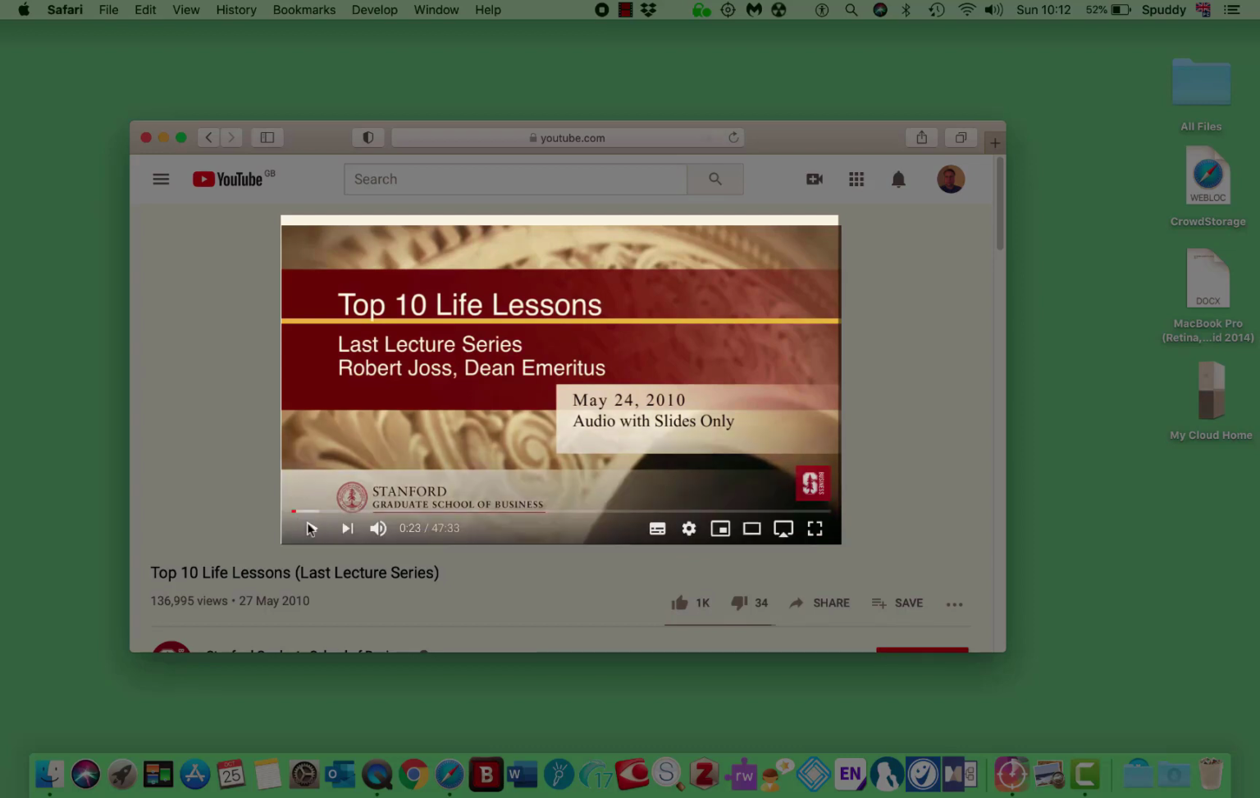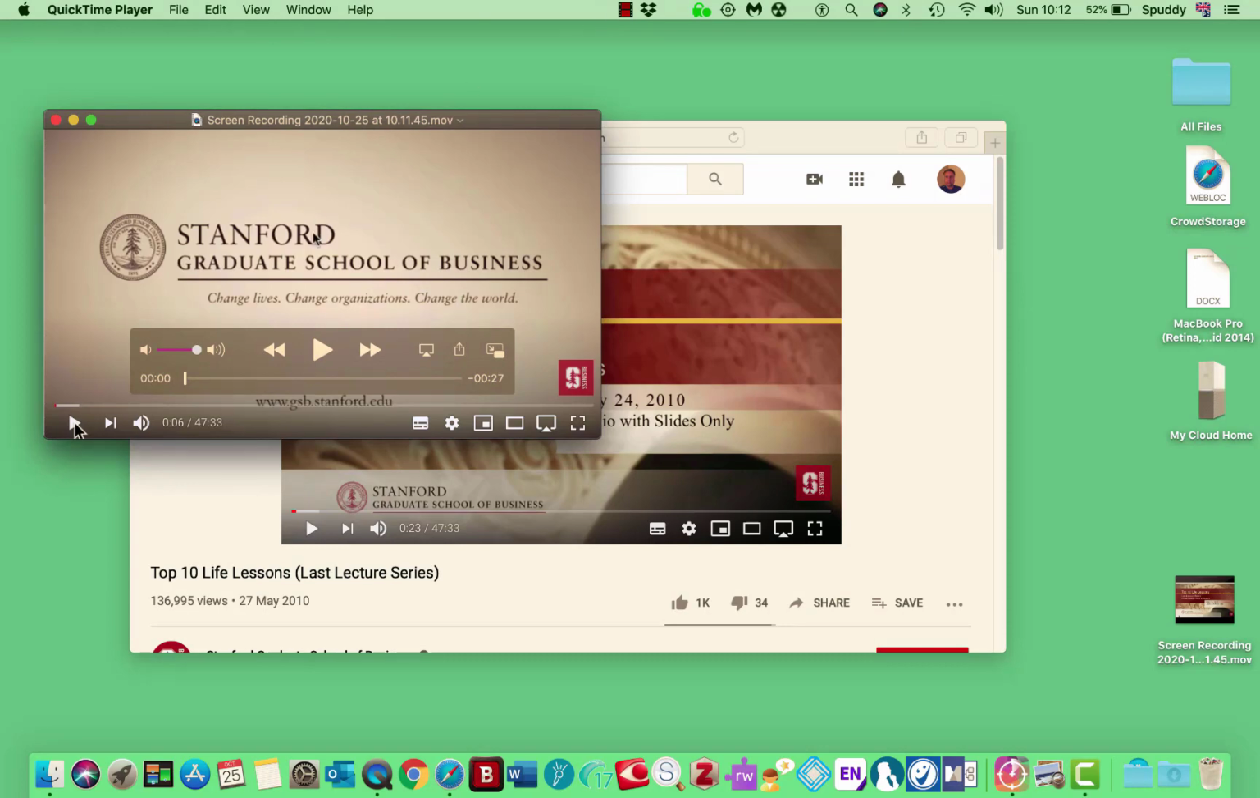So I'm going to pause that, and when the lecture's finished, you can come to the top here, and here's your QuickTime, and you can tap it once, and it will automatically save it to you on your desktop, as you can see bottom right hand corner. And now if I play it back,